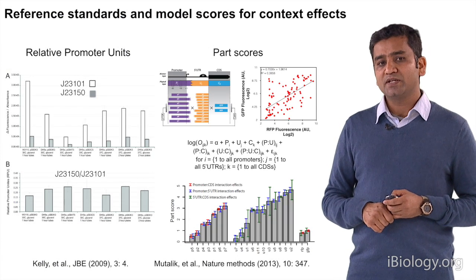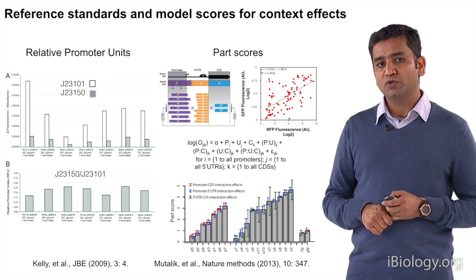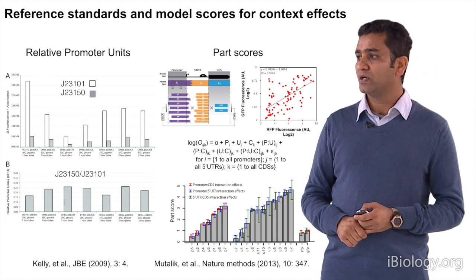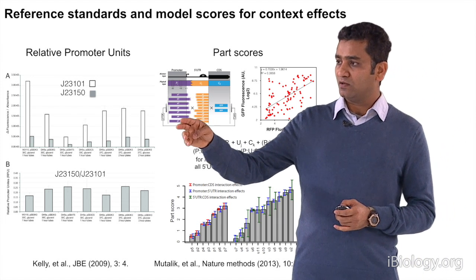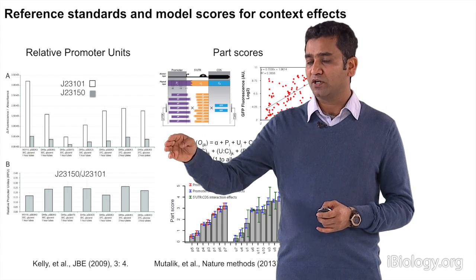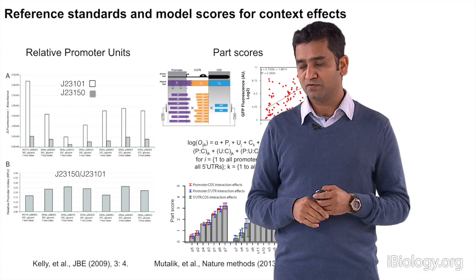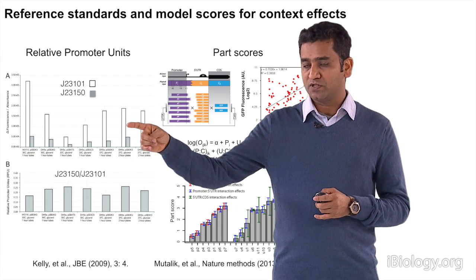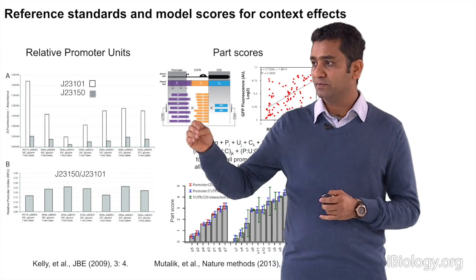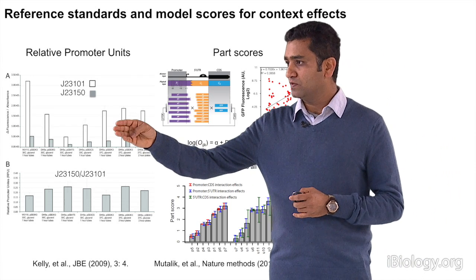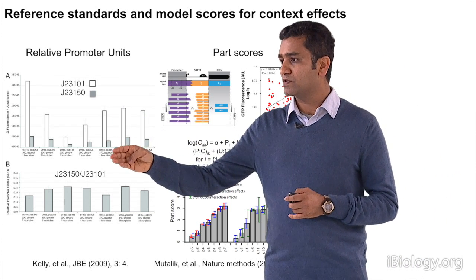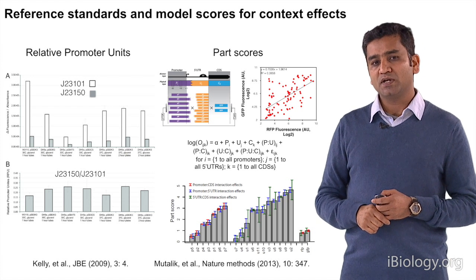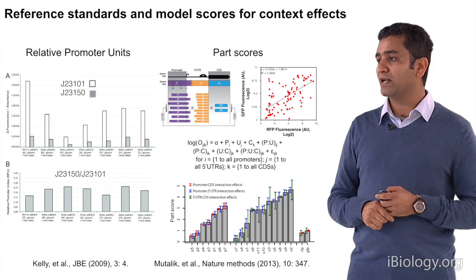So there are a variety of methods people have come up with. I'm going to show you two different methods. One is the relative promoter units from Drew and his lab, where they took two different promoters, sent them across different labs, and tested their performance. As you can see here, one promoter, the white one, shows different performance across the labs, and the same thing goes for the second, the gray bars, showing different promoters. As you can see, the same promoter shows different performance under the same conditions in different labs.